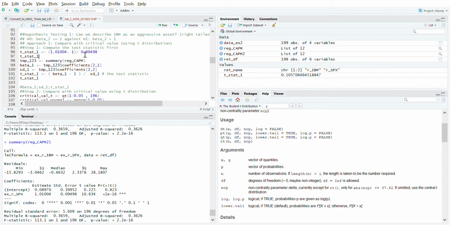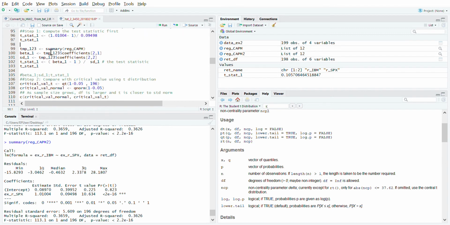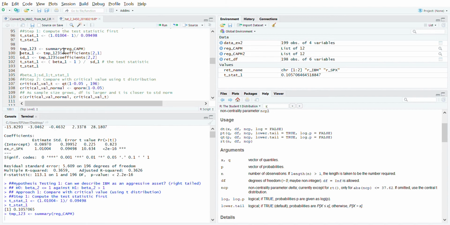Therefore, instead of printing out the summary and then copying it, I recommend you store it into an object like tem123, and then